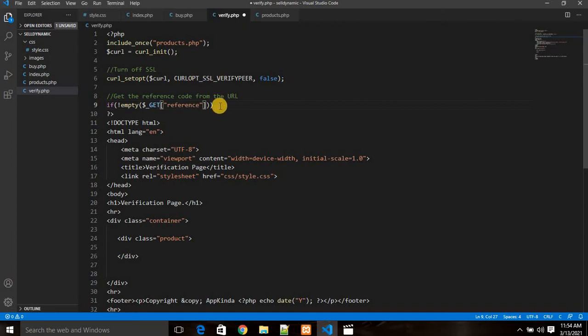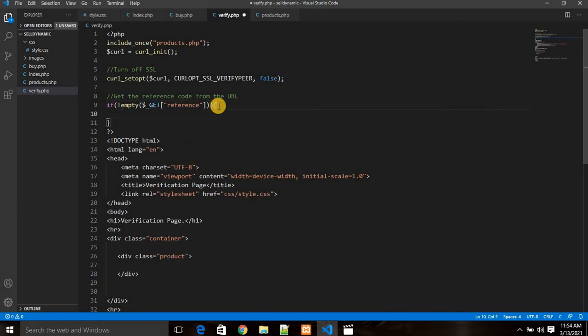And the next thing that I'm going to do right now is to try to keep whatever I get from the URL clean, so that if people try to do something harmful to us through the URL by putting some harmful code on it, we're going to have to escape that. And to do that is very simple. I'm going to put a comment right here. Let me just say, clean the reference